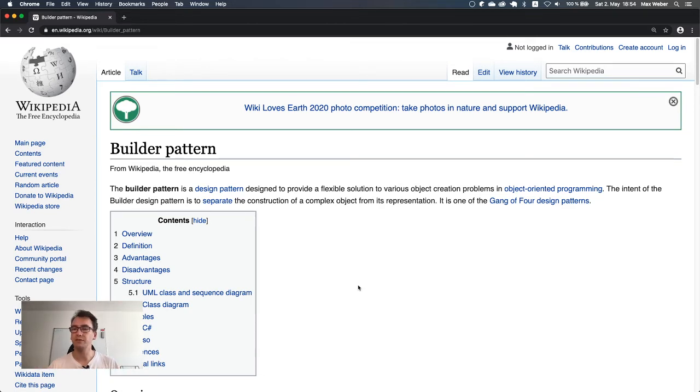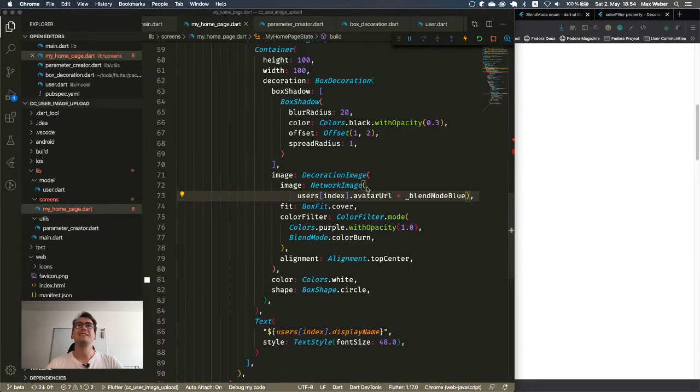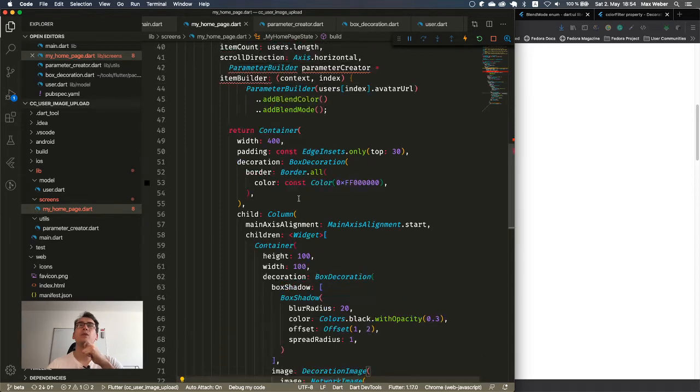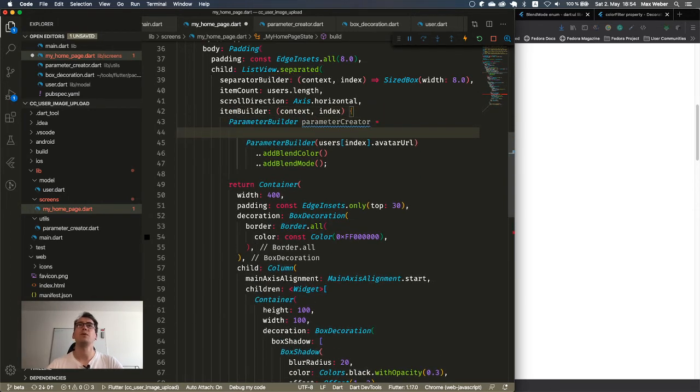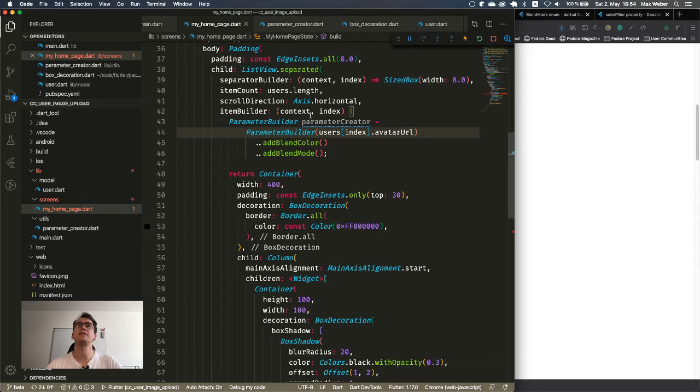But for everyone else, you have some benefits with the builder pattern, but also some disadvantages. So what does it say to create a complex object for the representation? Well, what we want to have at the end is an instance of an object, right?